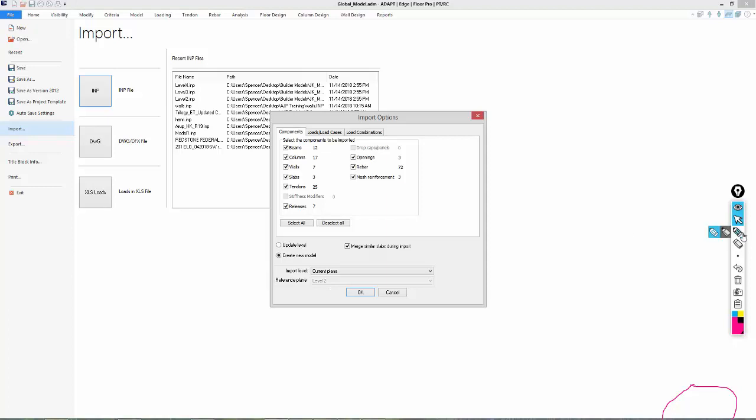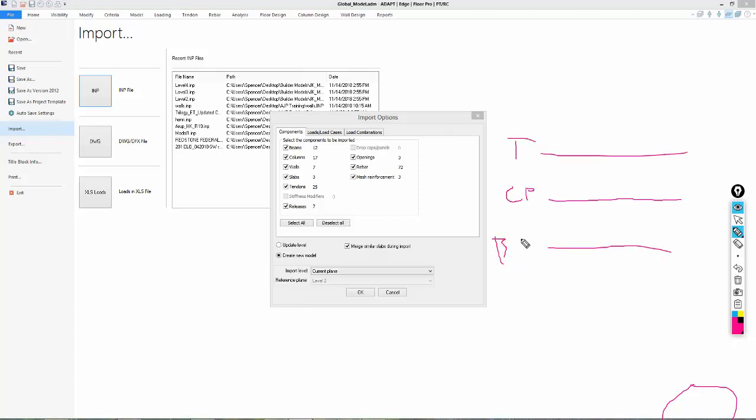By default, when you create a new model in the program, in Builder, a single level model, the first elevated plane is called current plane, the top is called top, and the base is really called bottom plane. So levels 2, 3, and 4 are all modeled referencing this current plane. We have a slab, and then we have columns below, maybe a wall below. Nothing is happening between current plane and top. We saw that there were no columns or walls extending above. So we want to model and import current plane. That's the important thing here. So we're going to import current plane,